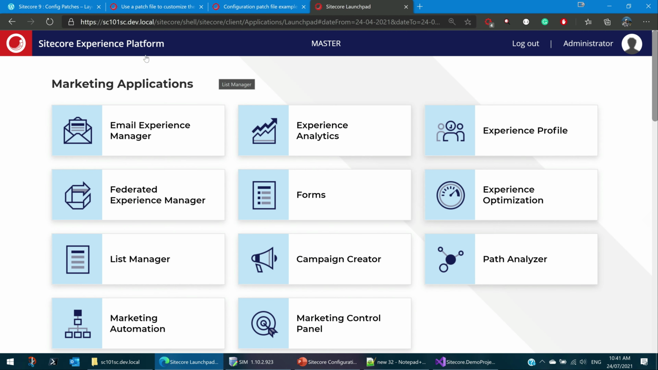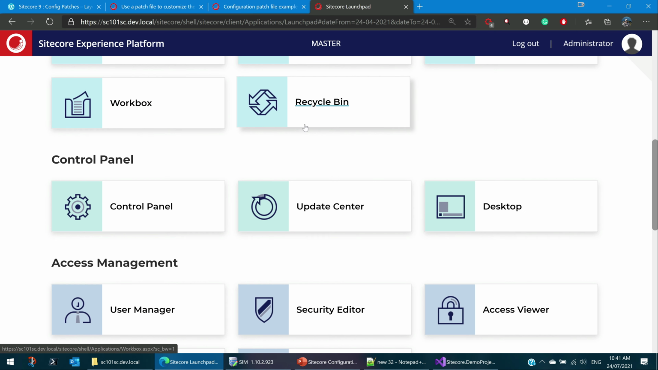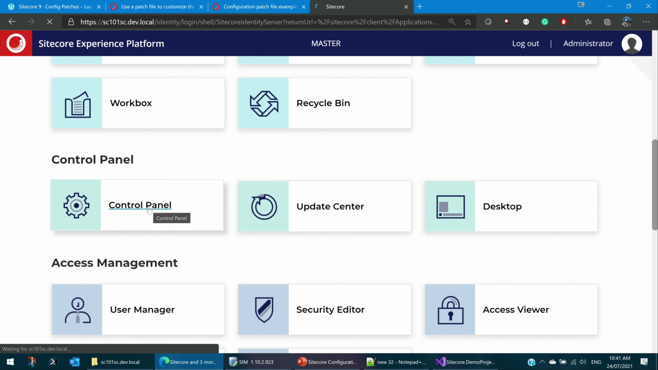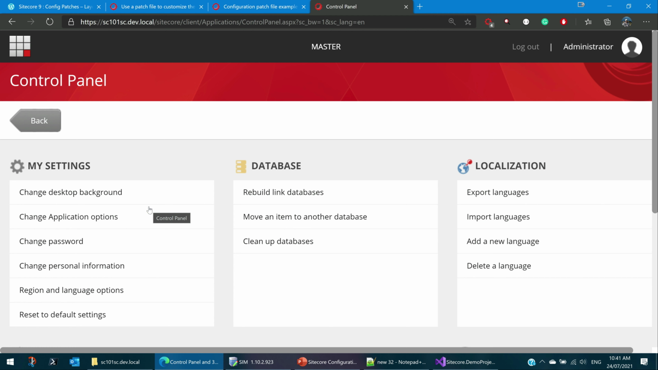As we all know, we already have Sitecore 10.1, and I'm on the launchpad now. Let me go to the control panel. In Sitecore, all the operations are performed through configuration files. So what do we mean by configuration? Configuration can have settings, like how we have app settings in .NET, with a key and a value. Those can be there, as well as